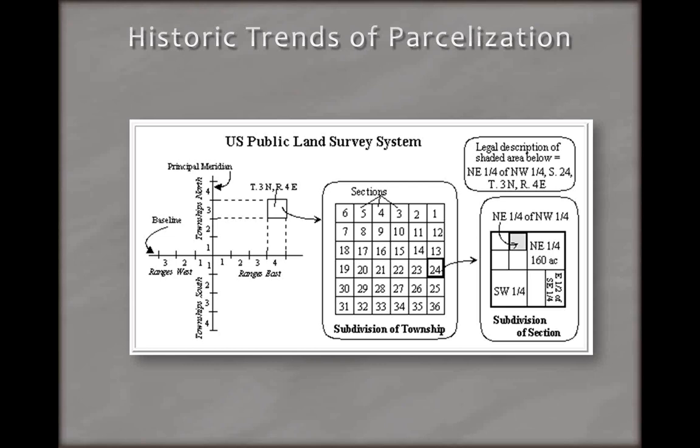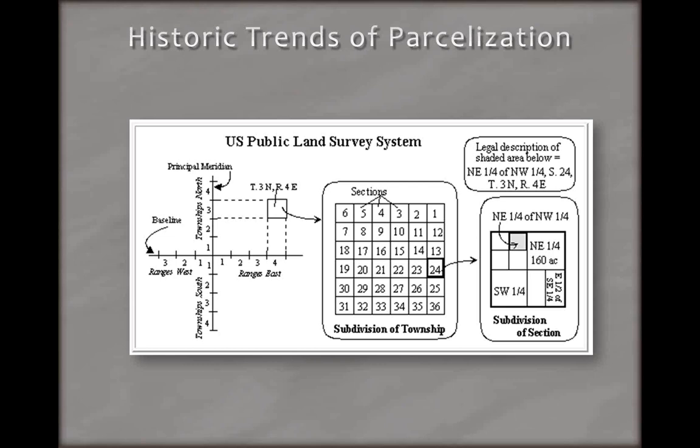Again, a lot of you are probably aware of this. It's a rectangular system that divides the land into sections and townships and down to quarter sections. It's very square. But it was very effective in quickly being able to subdivide land. And so if you think about one of the all-time parcelization events, one could argue that the public land survey system was one of the largest parcelization events in U.S. history, when it parcelized and divided and described a lot of its western lands from Ohio westward.